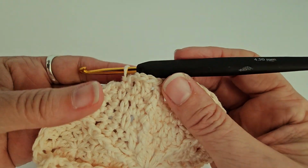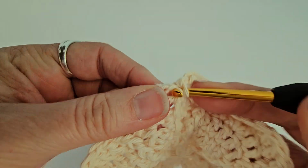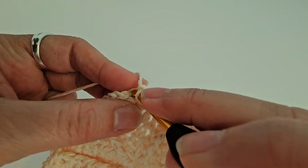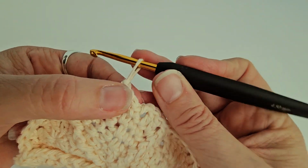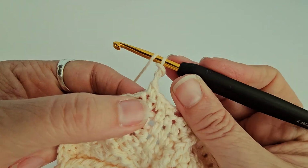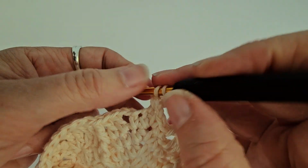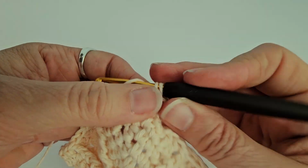Alright, just need to finish off round 6 by doing a stitch in the same space as my first stitch, chain 1, join with a single crochet to that first stitch. Alright, round 7, chain 3 starting chain or a false stitch, double crochet over the joining stitch, a double crochet in the next 2 stitches, 1,